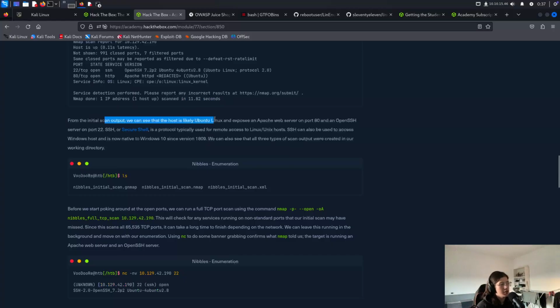From the initial scan, we can see that the host is likely Ubuntu Linux, exposing an Apache web server on port 80 and an open SSH server on port 22. SSH, or Secure Shell, is a protocol typically used for remote access to Linux and Unix hosts, and SSH can also be used to access Windows hosts, and is now native to Windows 10 since version 1809,